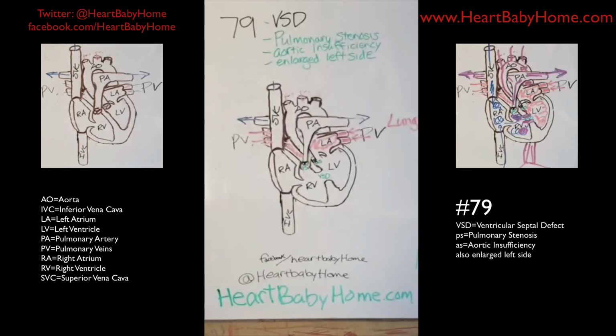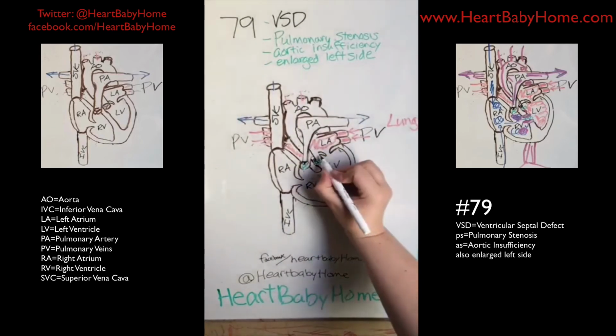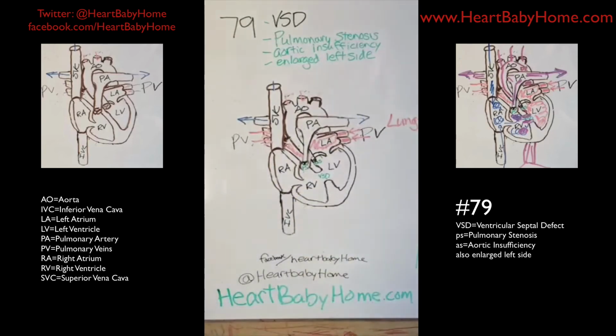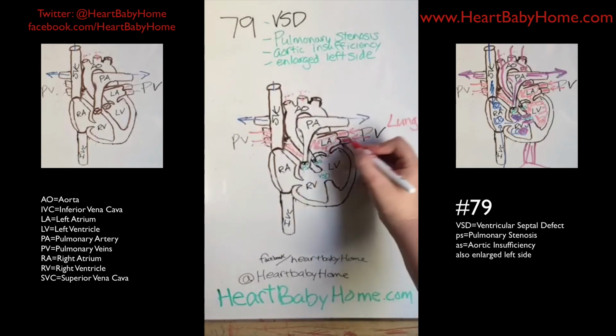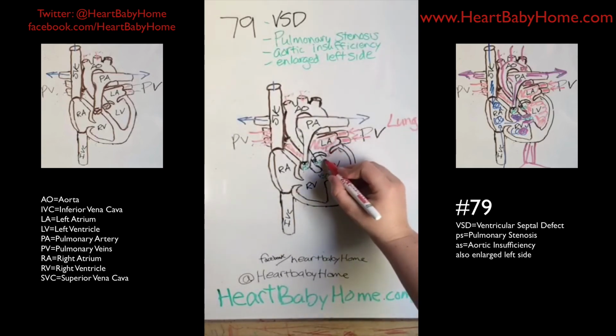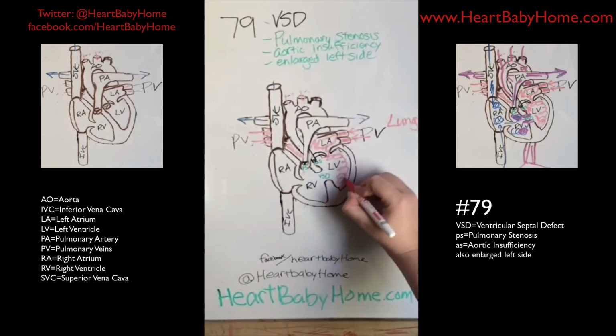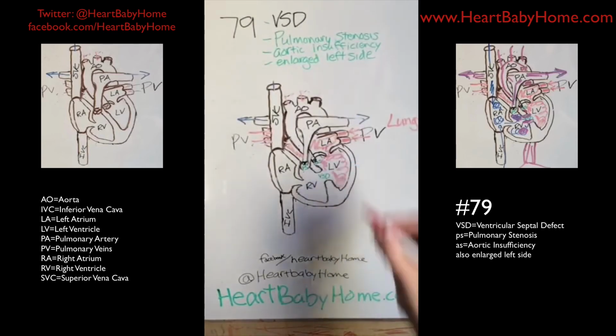I have an extra little hole in the heart that's not really there. So here are the valves. Okay. And I may post later like an animation of this heart just because it'll be a lot easier to understand where the blood's going. But so the blood comes into the left atrium, and then it goes down here into the left ventricle, where it